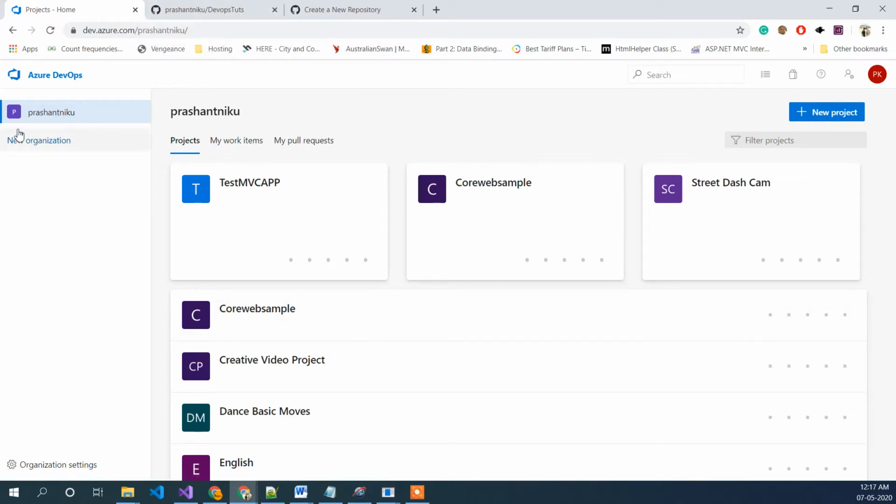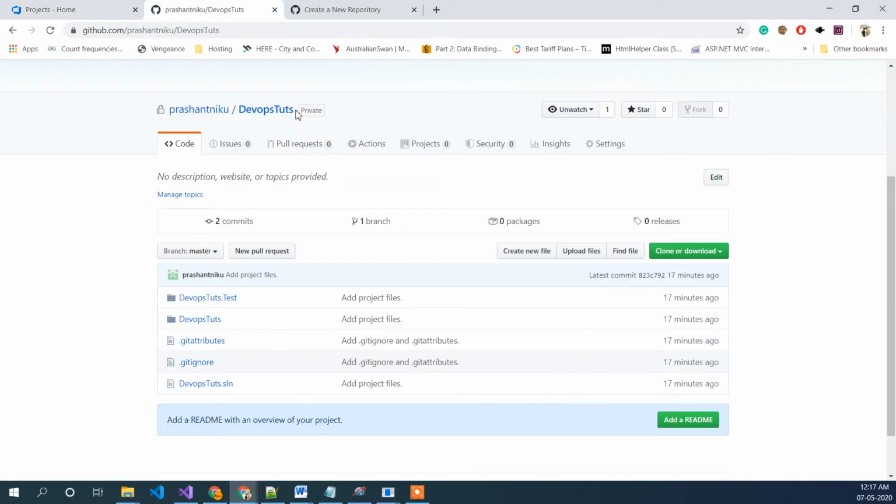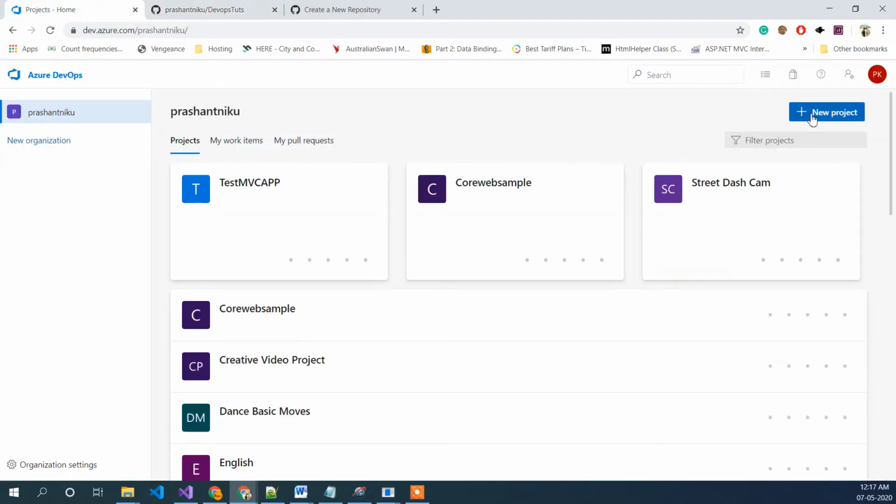For creating a DevOps, we need to create a new project. As we have this name with us, let's just use this and create a new project. Azure is residing in here, and 5 users are supported in the free version with unlimited private repositories. So I will be creating all the private repositories here, and I'm using the free version, so everyone can do that.